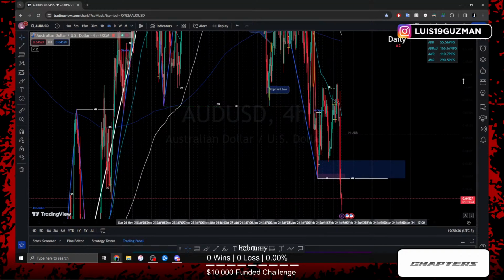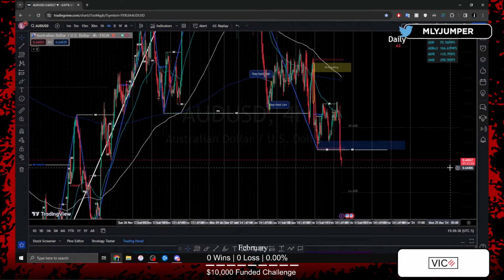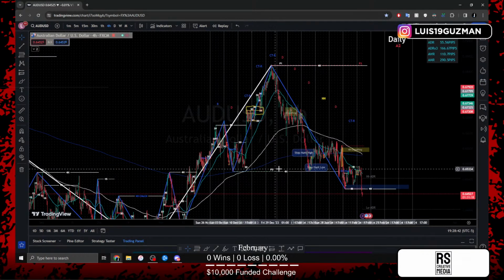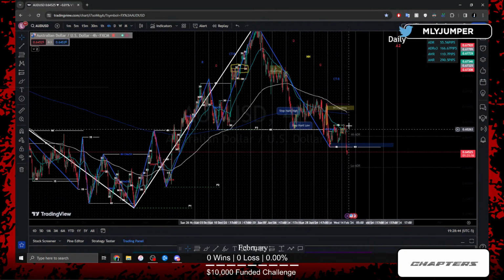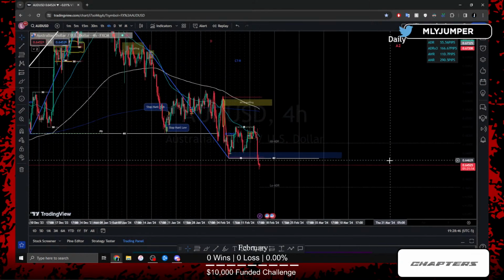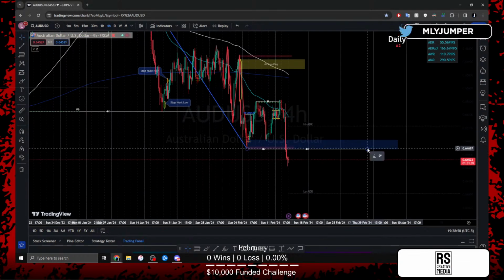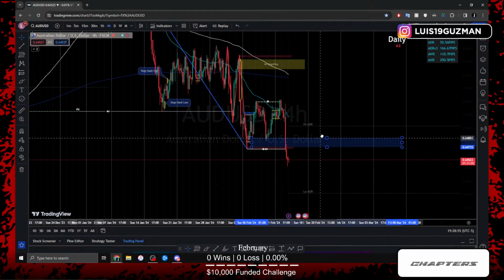So let's update our 4-hour time frame on AU. We finally got a change of character. We got the change of character, the new low was made, and now we have the BOS. So now for AU, we know we can start looking for price to continue this downtrend. Now on the other hand,